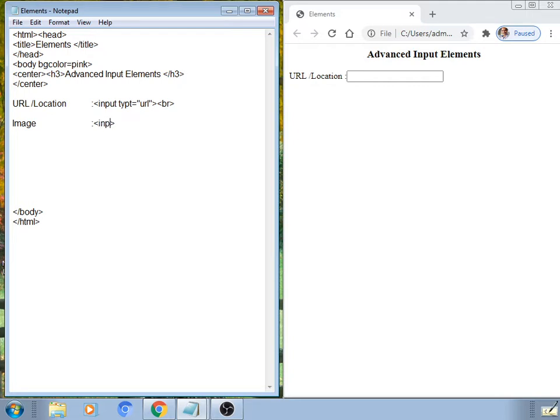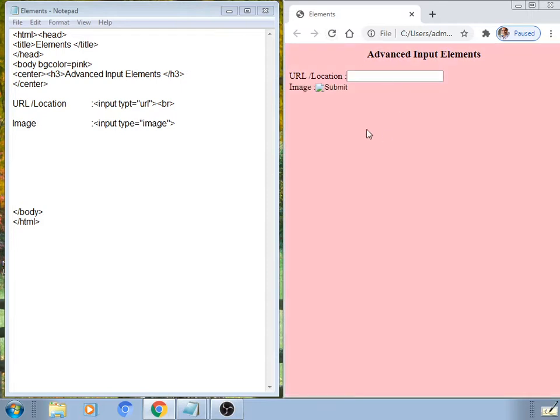See here, input type equal to image. So it defines a specific button. See here, the field name image, and in front of it a submit button is there, which can apply an image.